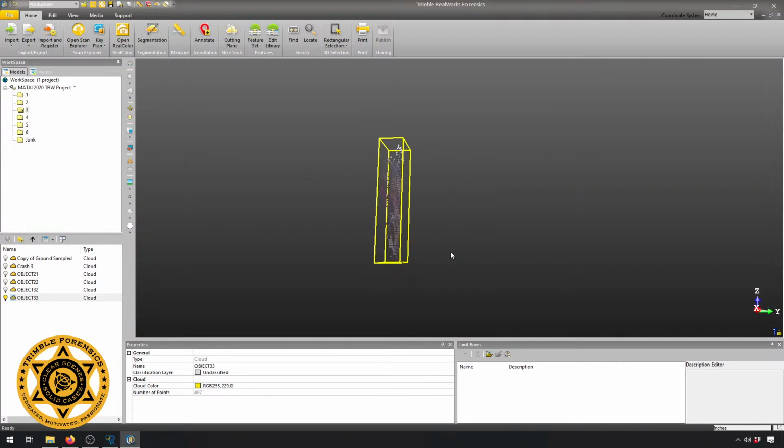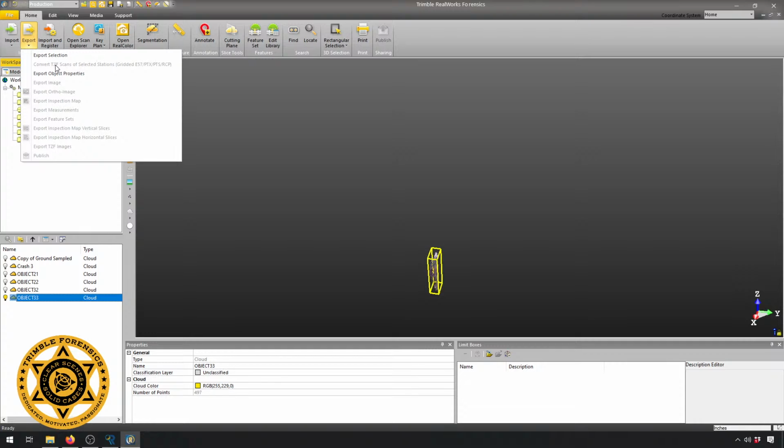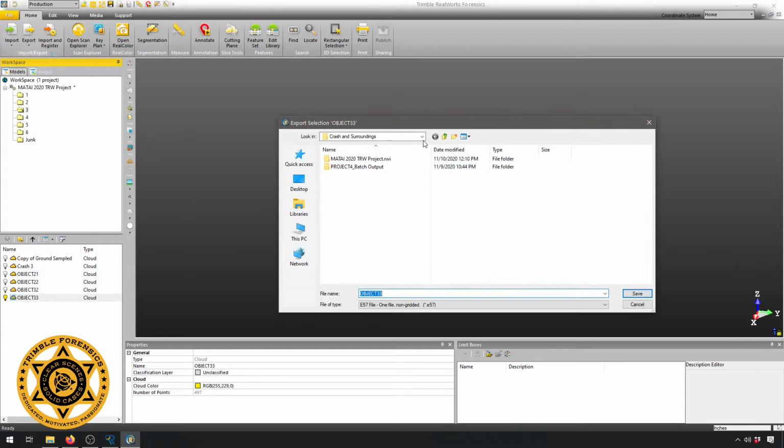And I create it. Now my person is my own object. At this point, I'm set to export it out to our diagramming and analysis software, which is Reveal. So from here, I just hit export selection,